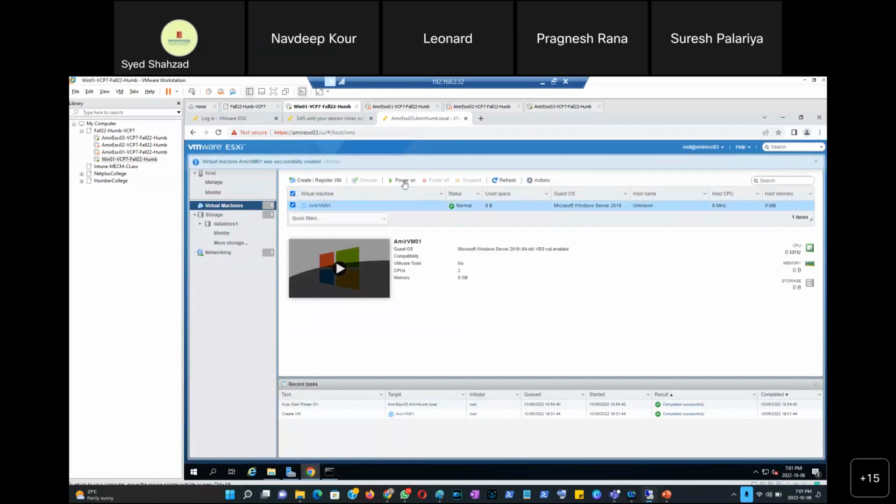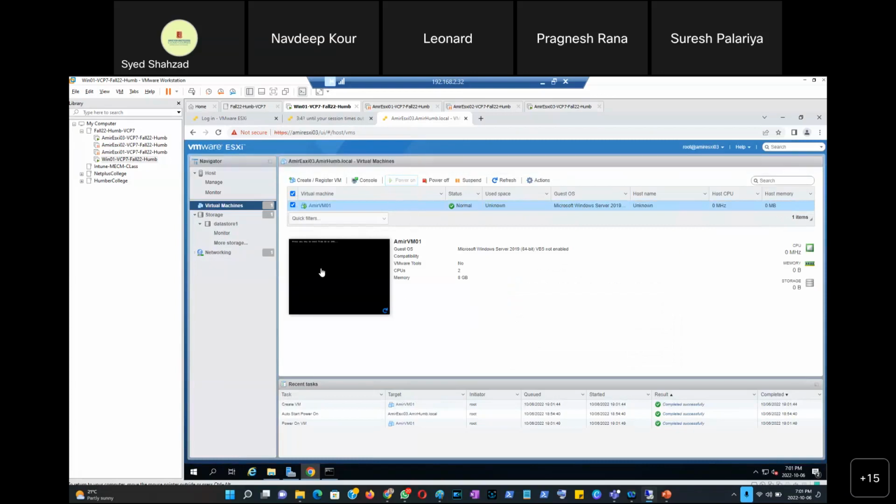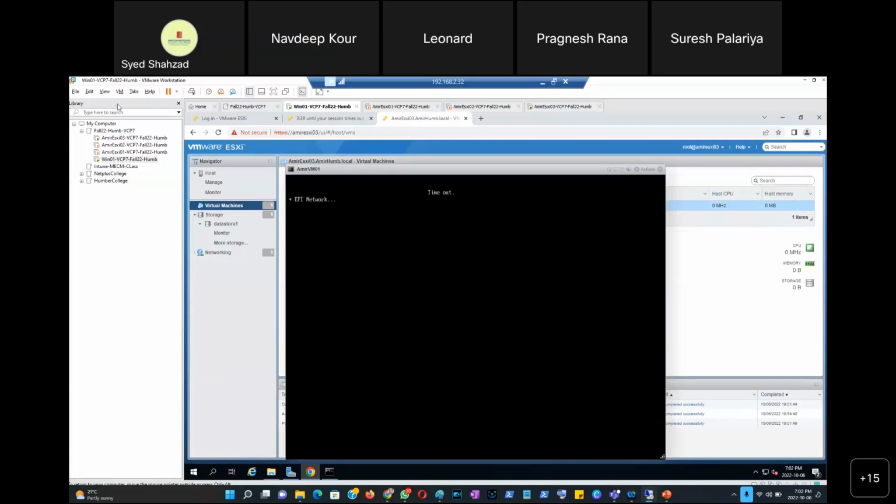And then power on. I was scared to death. Okay, so I'm going to click this thumbnail to make that picture bigger, so I could see what's going on. And yeah, it was asking press any key to continue on the keyboard, but I was a little late. So what I'm going to do is go to the actions here,